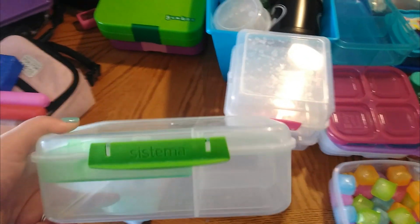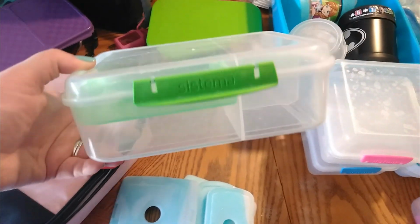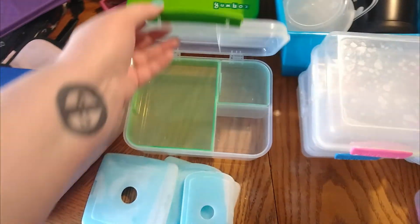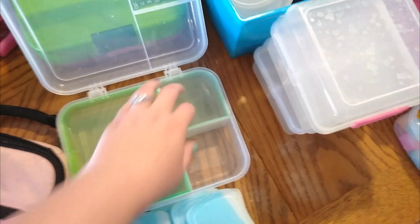Then this Sistema cube or box, whatever. I got this one at Walmart. I do believe they sell these at like TJ Maxx or whatever as well, or you can purchase them on Amazon. But this one I use for my husband usually when I pack his lunches, and it has just separate areas, separate containers, so you can put multiple things inside. This one also comes out as well. And this is huge, like, so